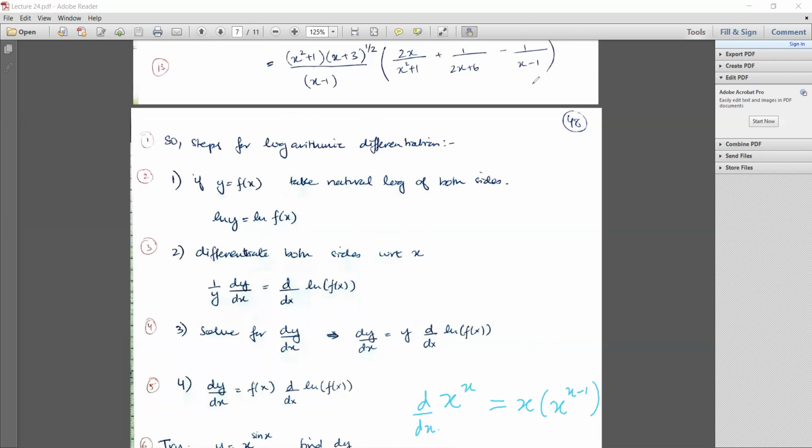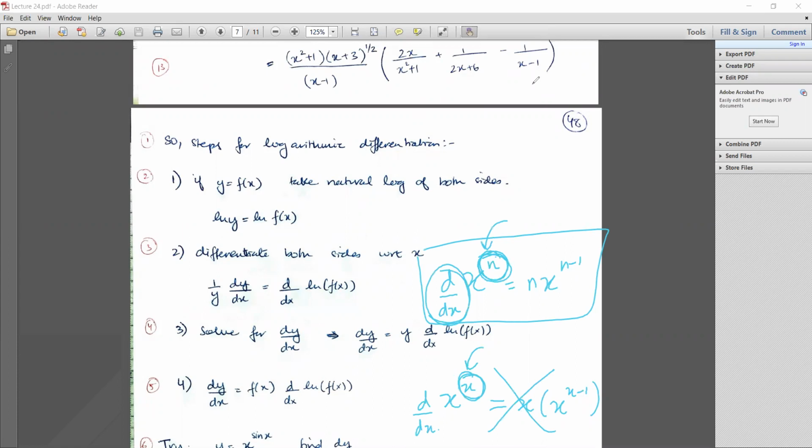The power rule is applied when you have x raised to power some number. Then d by dx of x raised to power n is n times x raised to power n minus 1. This is under the assumption that n is just a number. It is not a function of x. So n does not change as x changes. So the derivative with respect to x does not affect n. Here, on the other hand, we have x raised to power x. So you cannot apply the power rule,